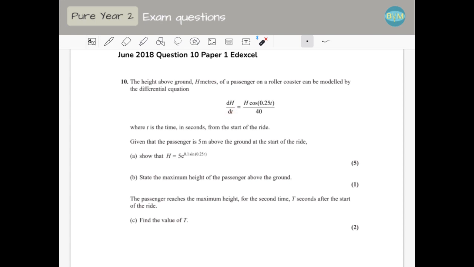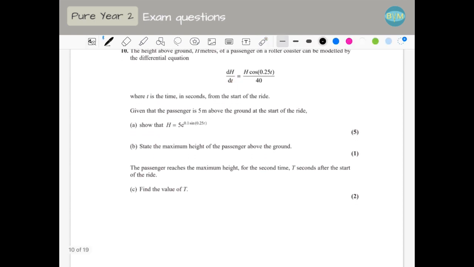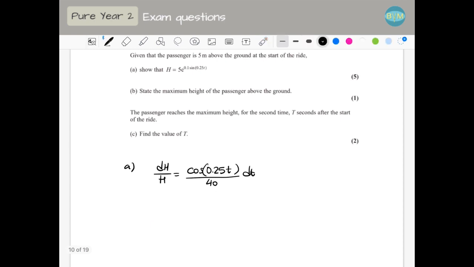So we are going to integrate this differential equation, and for that we are going to separate h on one side and t on the other. So we have dh divided by h and cos 0.25t divided by 40. The 40 can go here or on the other side, it doesn't matter. Now we have all the h on one side and all the t on the other, and now we are going to integrate. So when we integrate, dh divided by h is going to be ln h, and on the other side I have